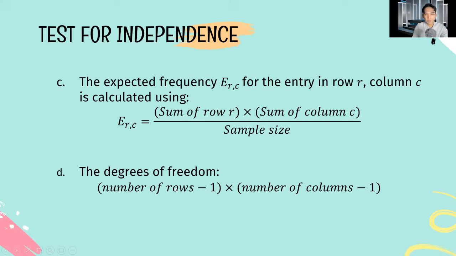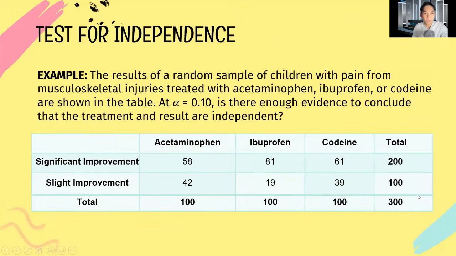And the degrees of freedom, we have the number of rows minus 1 times the number of columns minus 1. So unlike chi-square goodness of fit, where we only have k minus 1, here we have rows and columns. So almost the same. To help you understand how to apply the test for independence, we have example number